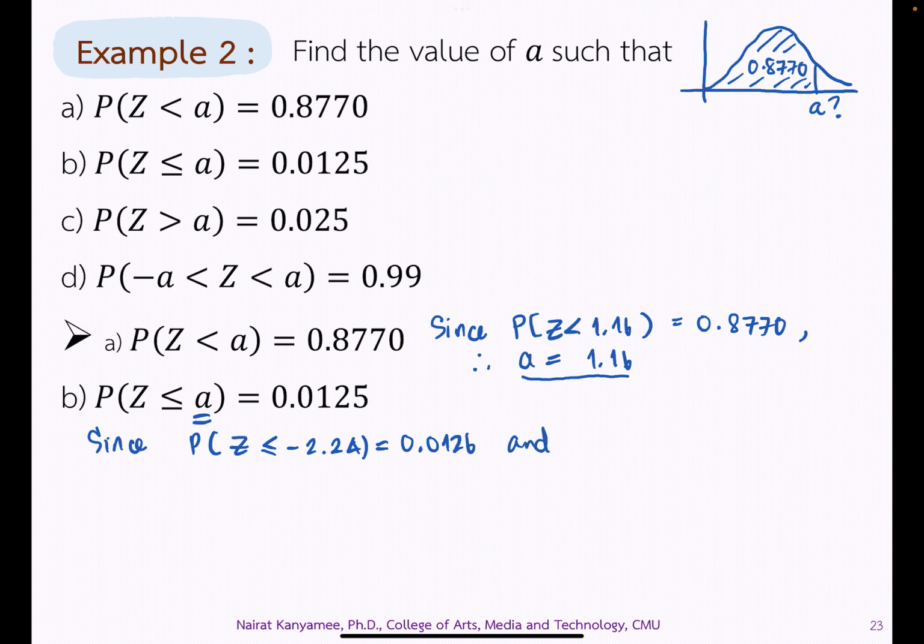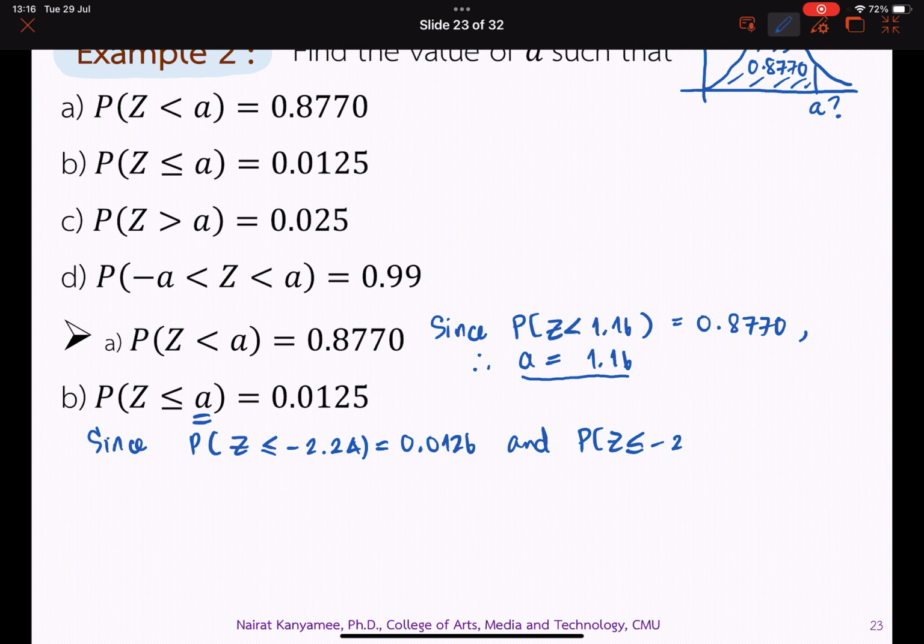And P of Z less than or equal to minus 2.25 is equal to 0.0122. Okay, so